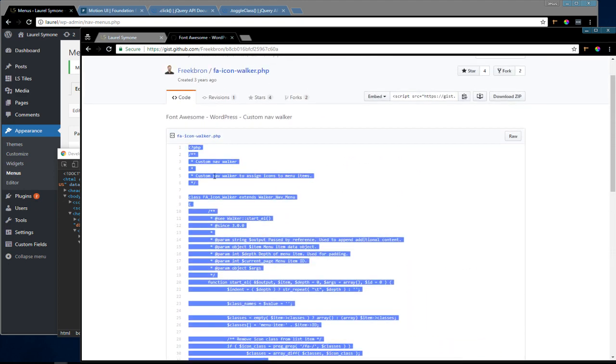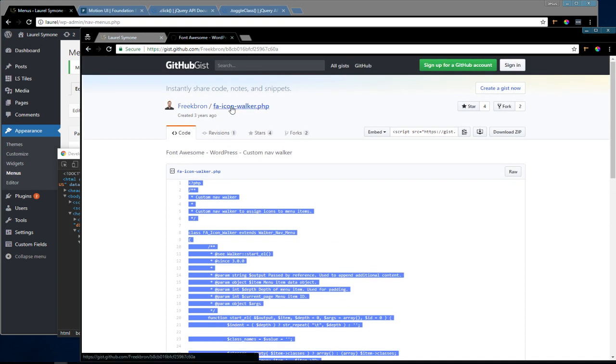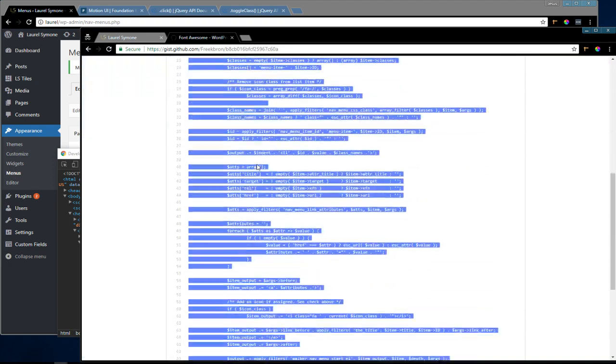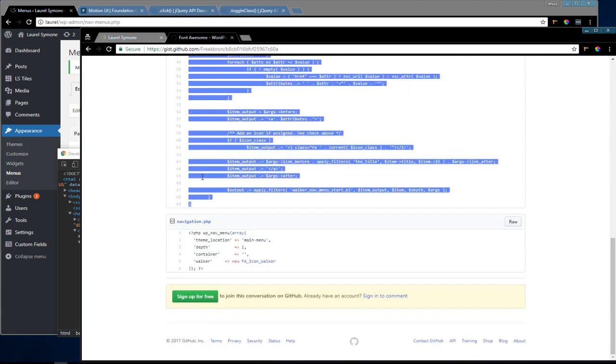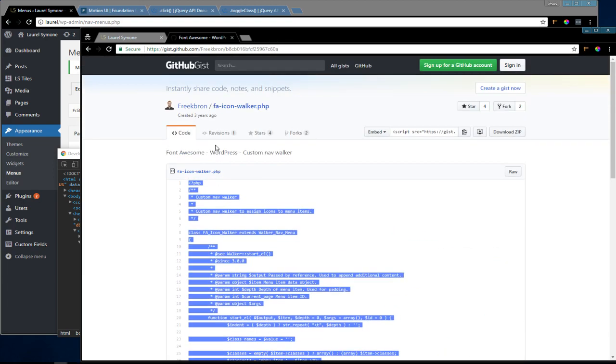So let's grab this PHP code, and then I'll put their works, and I'll go ahead and just put their link. It's by Freekbron. So if it works, big shout out to this guy for hooking us up. It was created 3 years ago. Not sure when it was last updated, but let's see if it works. So let's go back into our code,